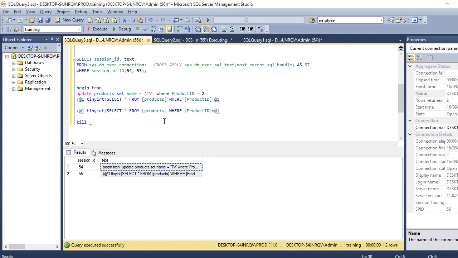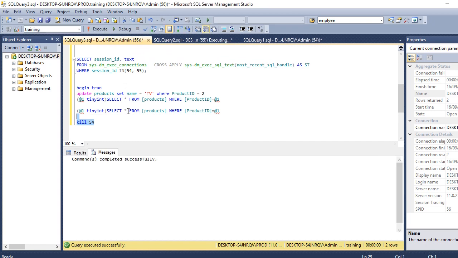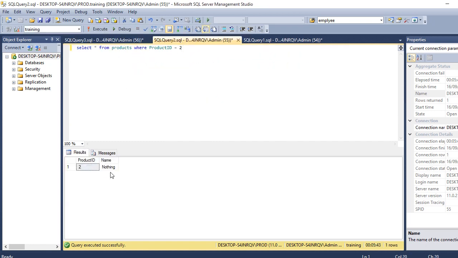Now we have to identify this query, and if we want to kill the session, we have a syntax here: KILL, and we give the session ID, that is, we have to kill 54. We can easily identify whether it's an application bug, or the stored procedure running behind the scenes from the application. If it is a bug, we can simply kill it. It is our duty to identify these queries, and then we can simply kill that session. See, now it's blocked. Let me kill this.